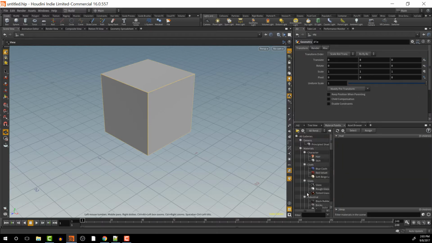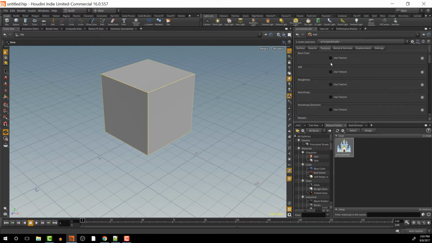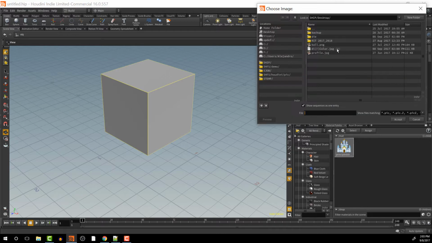We have the materials palette. I'm just going to create a principled shader. Click on that, go to textures, base color. I'm going to tell it to use texture and assign a texture. I have the texture here,